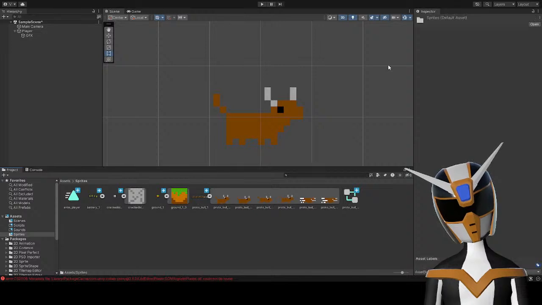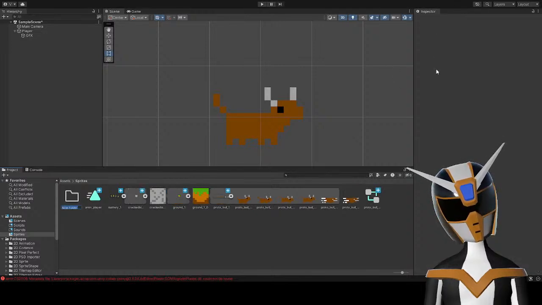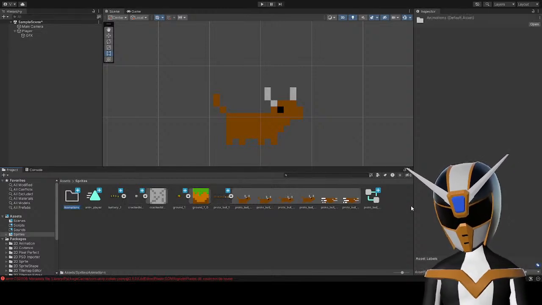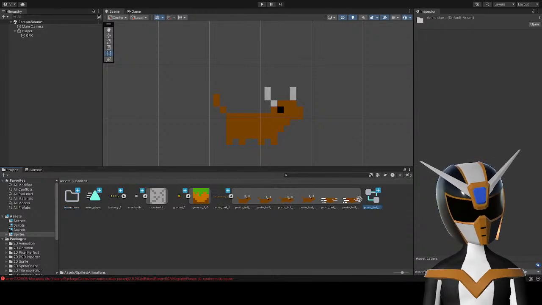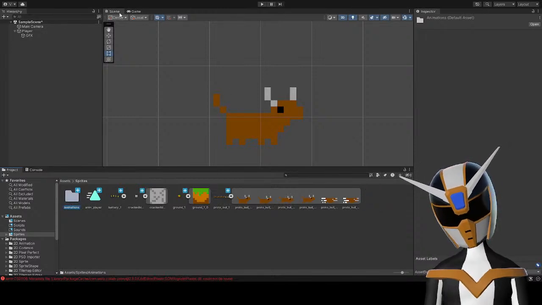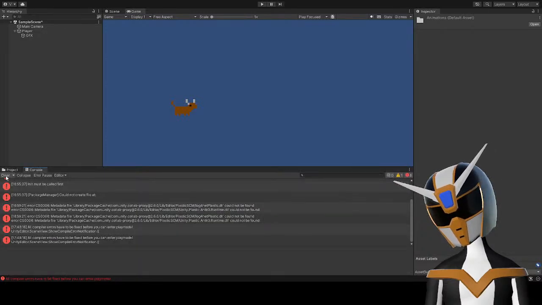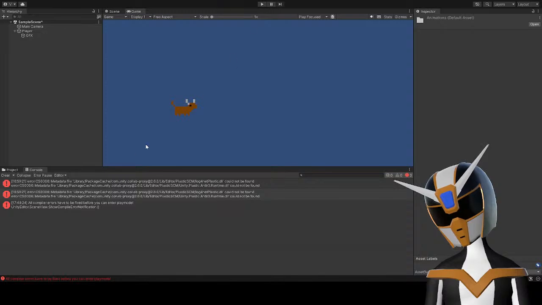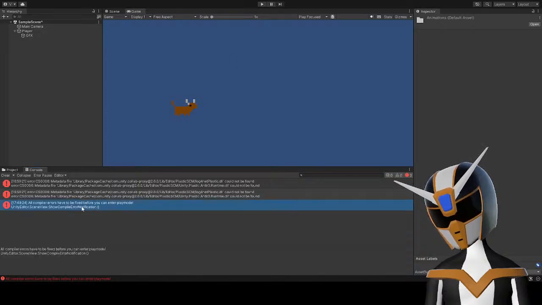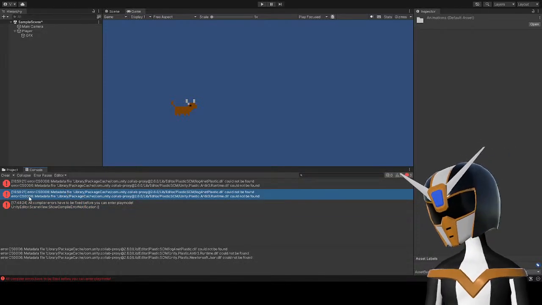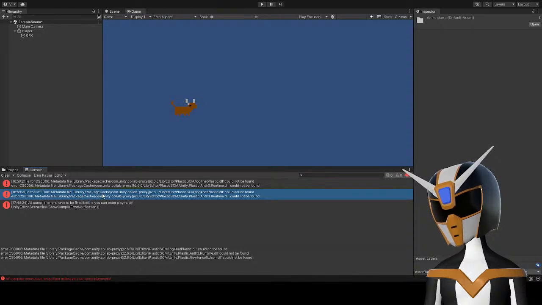Here's the animation. I'm just gonna, real quick, create a folder. Animations. There, so now I have an animation. Check it out. Wait, why is the game not running? All compiler errors have to be fixed before you can enter play mode. What the heck? Metadata file, library of packages, cat. Oh, what is this now?